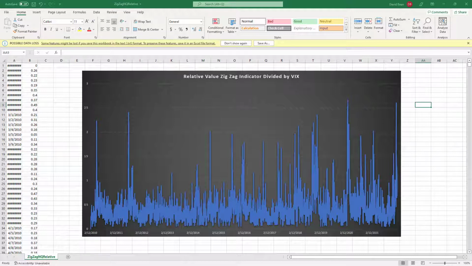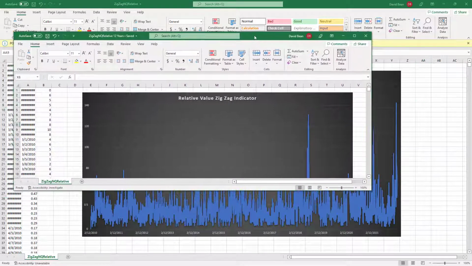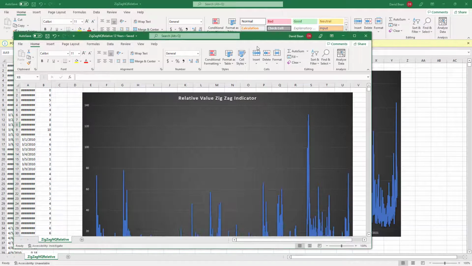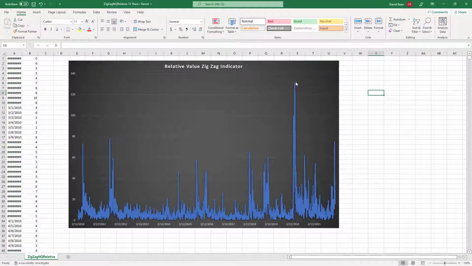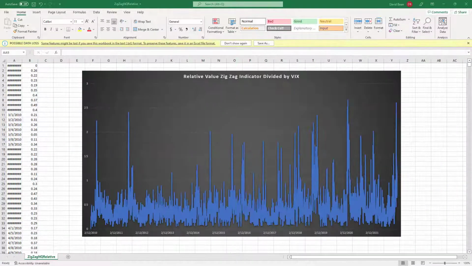If you look at this, this is without the VIX. Now the VIX was high during the pandemic. So for example, the market during the pandemic, you see 131 reading, VIX was up over 80. Now during this most recent spike, the VIX only got up to around 36. And so how does that compare? Normalizing it, relative value Zig Zag indicator, 1/3 of 1% moves, divided by the VIX, the closing value of the